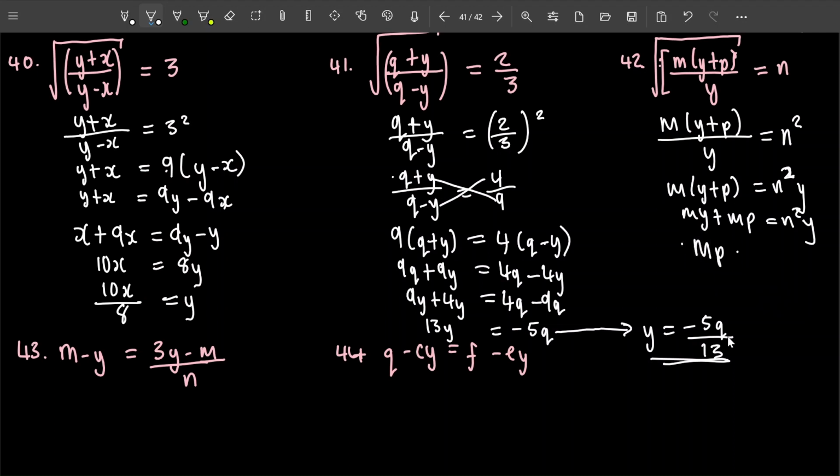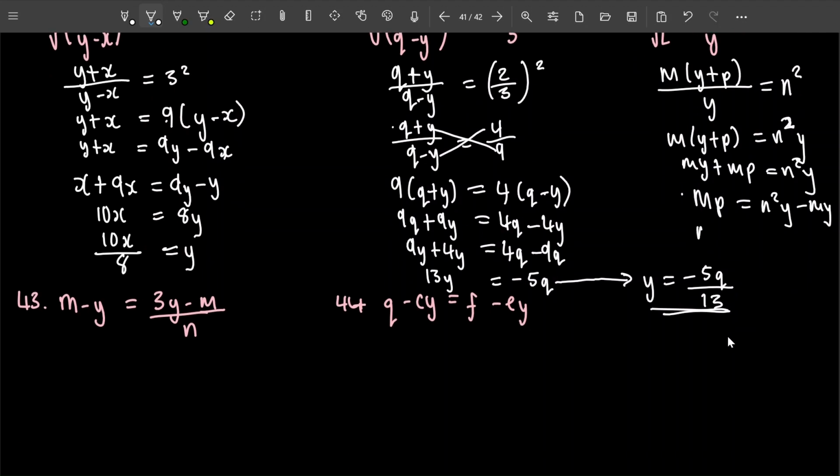So it's going to be mp is equal to n squared y, minus my. What do we have? mp being equal to, I factor out y, I remain with n squared minus m. Then definitely I now know that my final solution, which I'm going to put there for